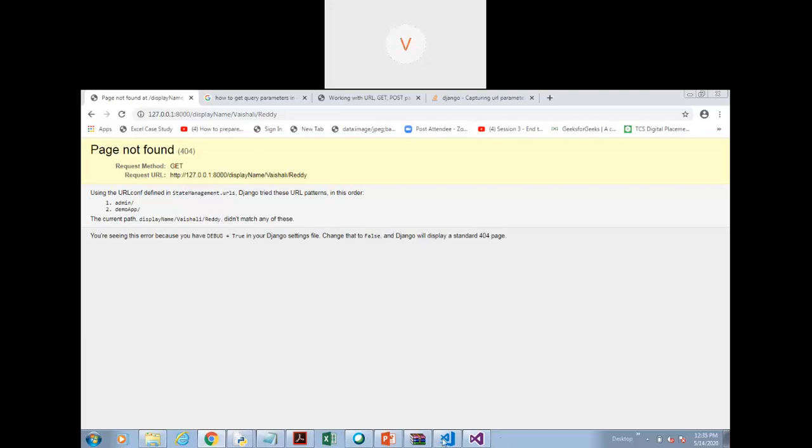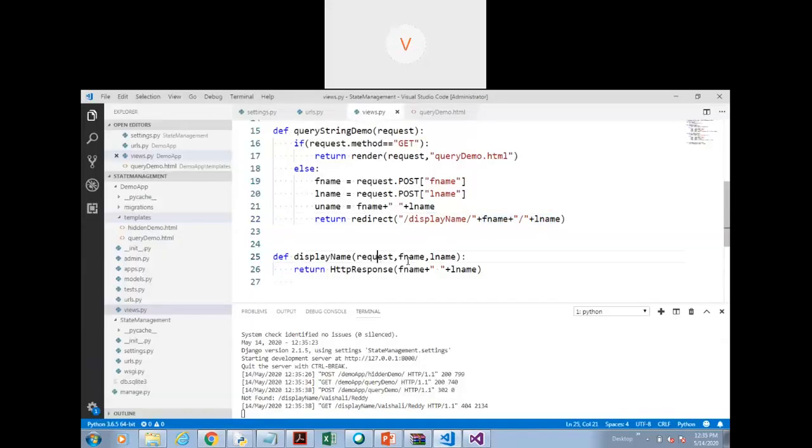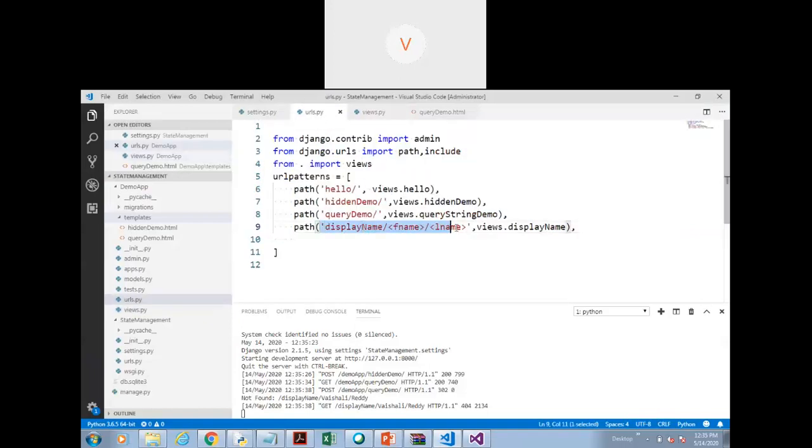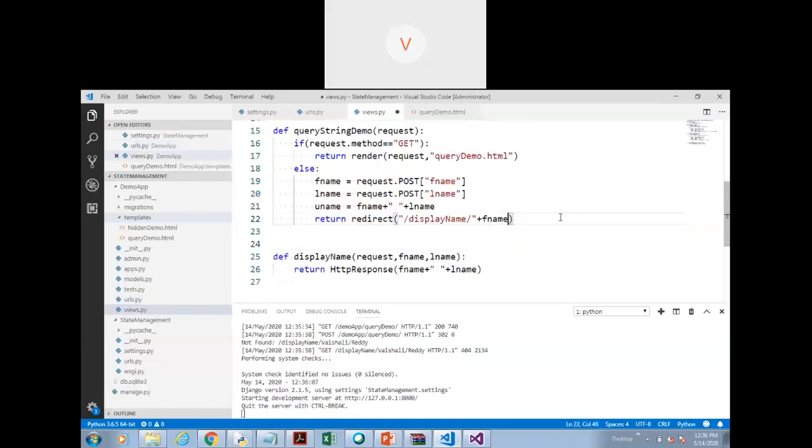Didn't match. Okay, I'll just cross check with this one. For query string, what we have to do is a little bit different from what we covered in Flask. Most probably I remember this syntax: we have to give it in a pair of angular brackets, but maybe for two parameters it is not taking. So let's just try with one parameter. One last trial I'll do, otherwise we'll skip this and see it later.